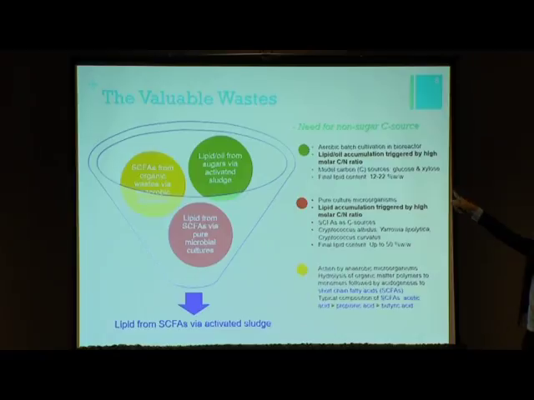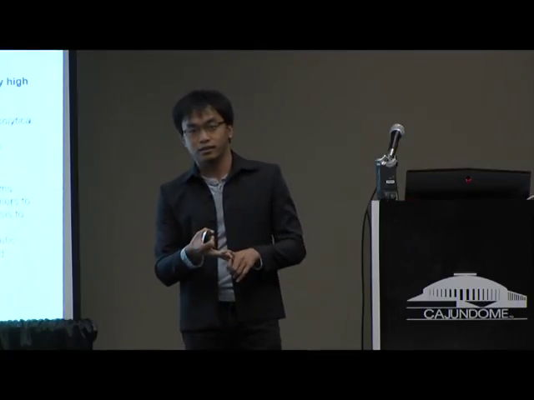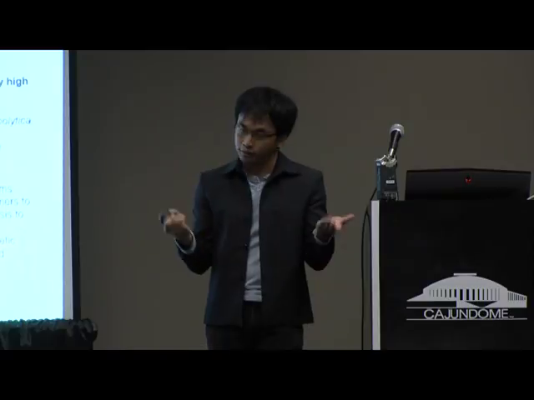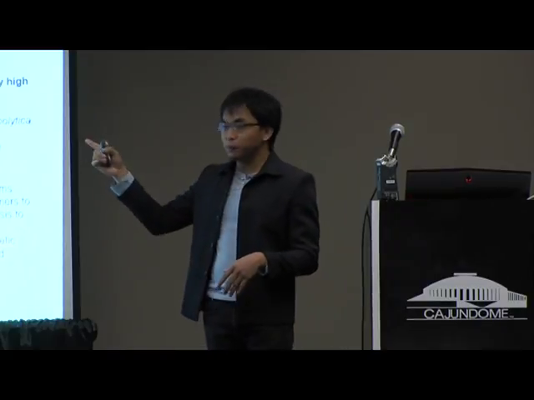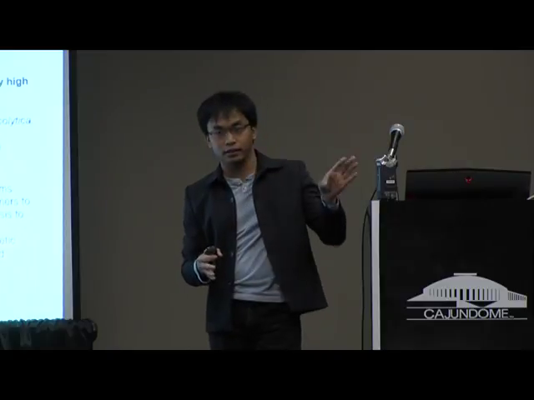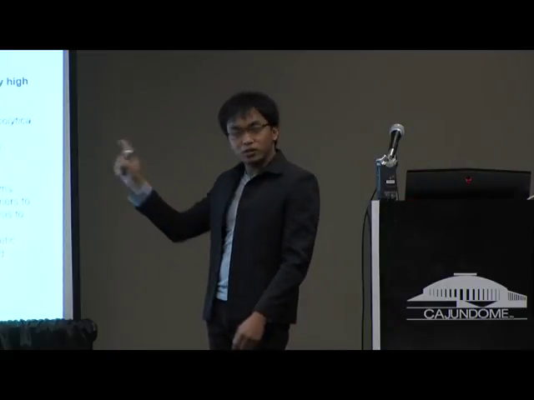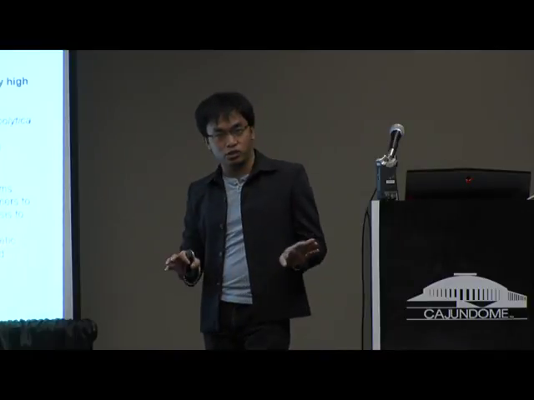The idea was that the lipid accumulation that I just discussed has been successful, and that pure culture microorganisms can utilize the so-called short-chain fatty acids. Short-chain fatty acids include acetic acid, propionic acid, and butyric acid. Acetic acid is a component of vinegar. They can be produced using anaerobic digestion of organic waste in a wastewater treatment facility or other facilities. So they can use those as carbon sources instead of using the sugars.